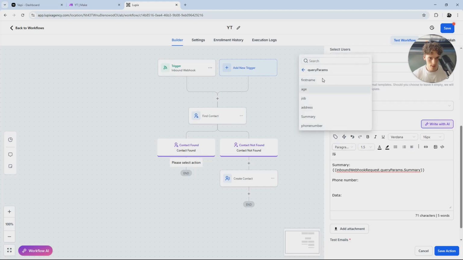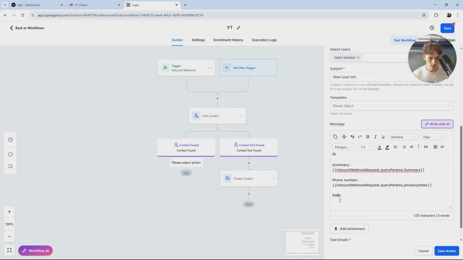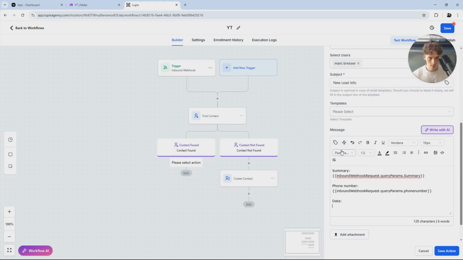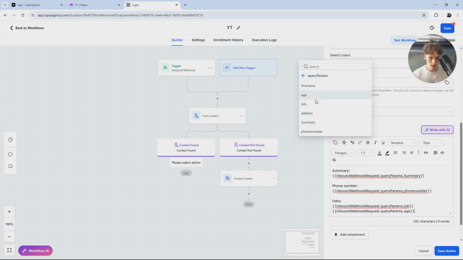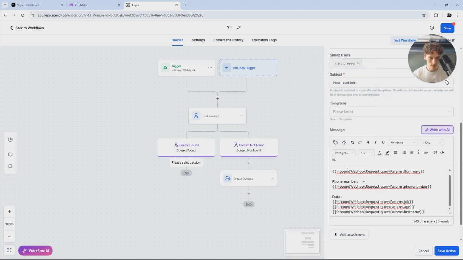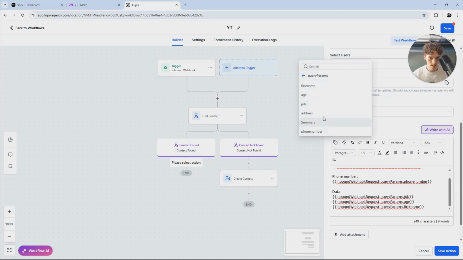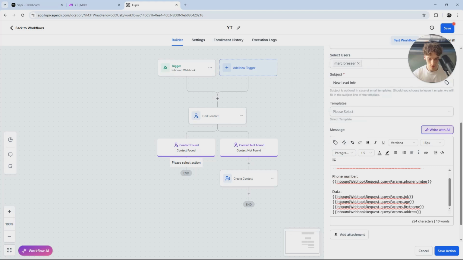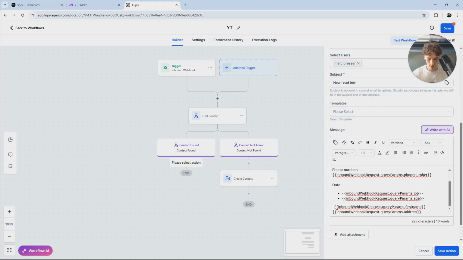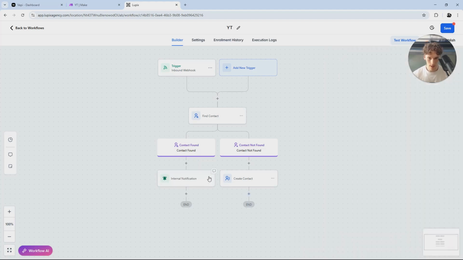summary, phone number, and then the job, age, first name, and address. So we'll do also put like this to make it a little better visually. Click save action, and then you also want to copy this, copy action to here, and then you click on